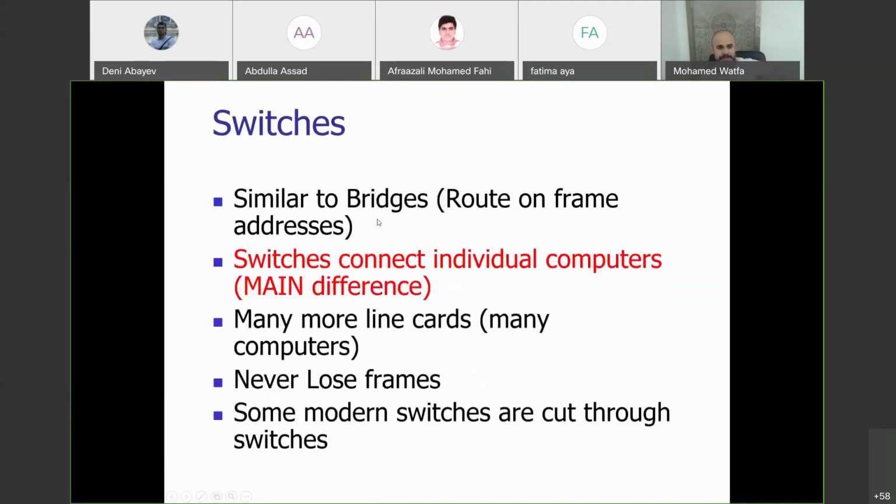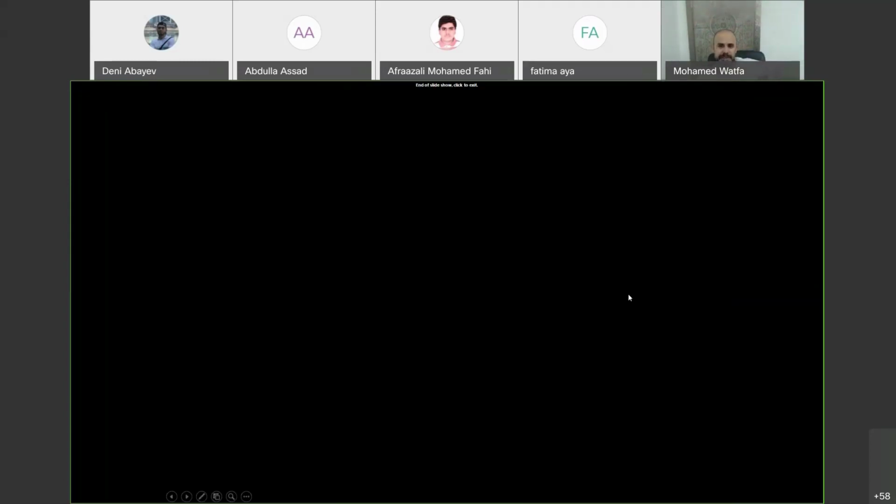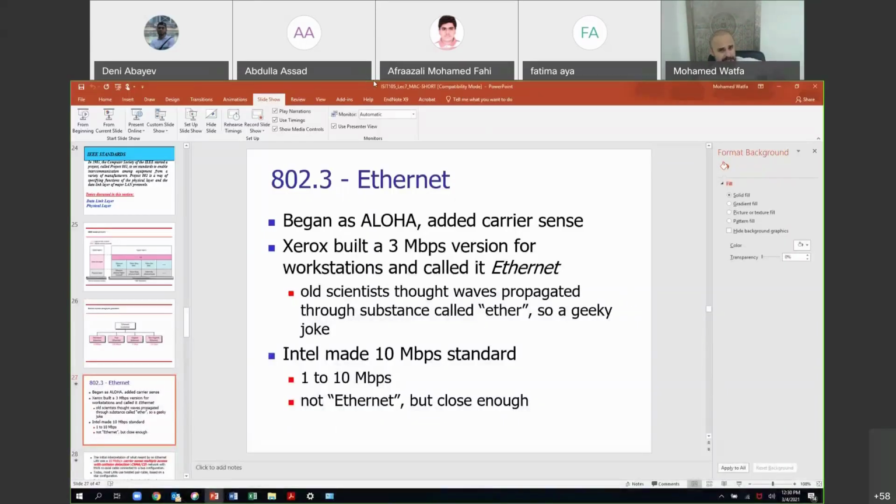We already talked about hubs. And switches, as I said, they're similar to bridges. The only difference is switches work with individual computers versus bridges that work with LANs. Okay, again, they all work on different layers, which means they do the job of the layer. You have to remember, data link works with error control, flow control, error correction, error detection, medium access. All these are the job of the switch and the bridge because they work at the data link layer. Okay, so that is about it for the